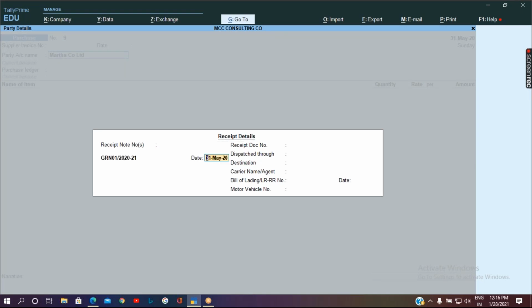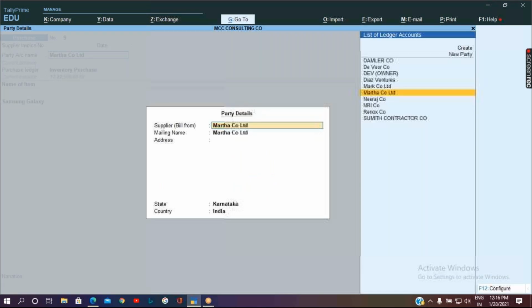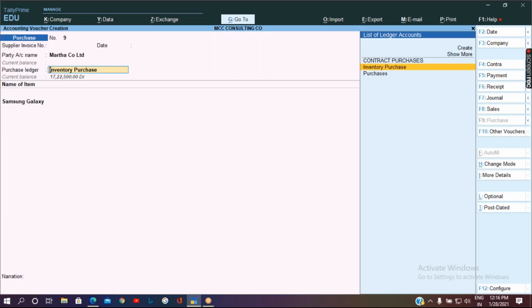Once the tracking number is selected, you can check that we are going to get the information automatically.